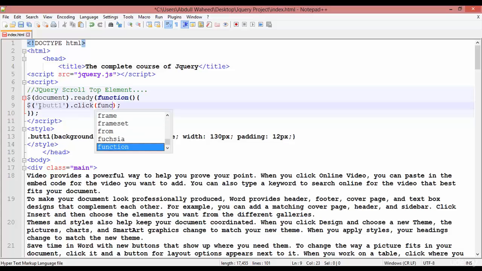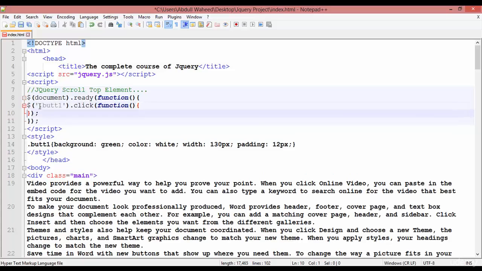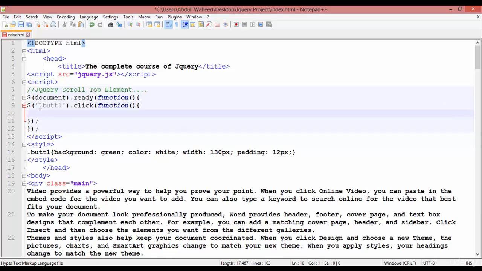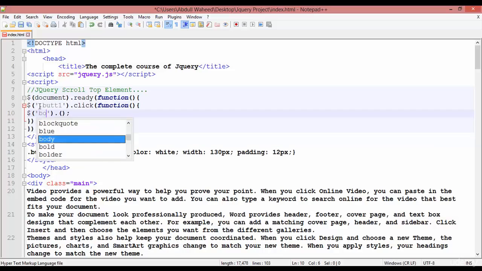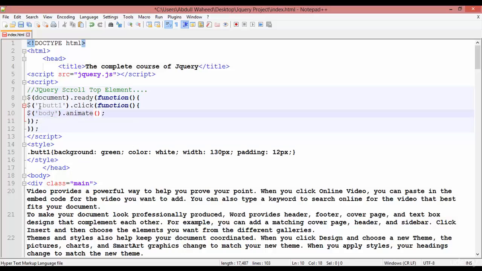So the function should run, function and curly braces. Inside this you are going to insert the basic syntax again, and inside the single quotation you are going to directly select the body. It means the whole body, and here you are using animate, and after that inside curly braces